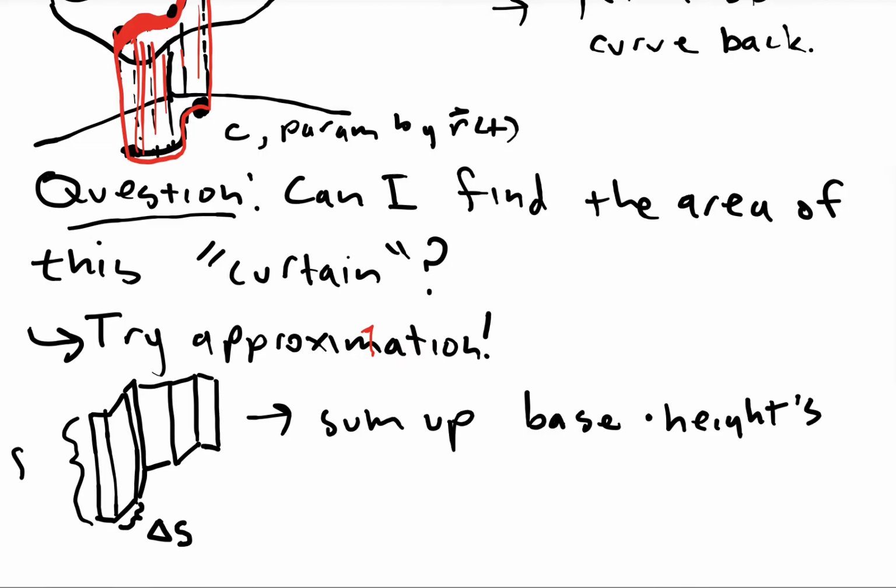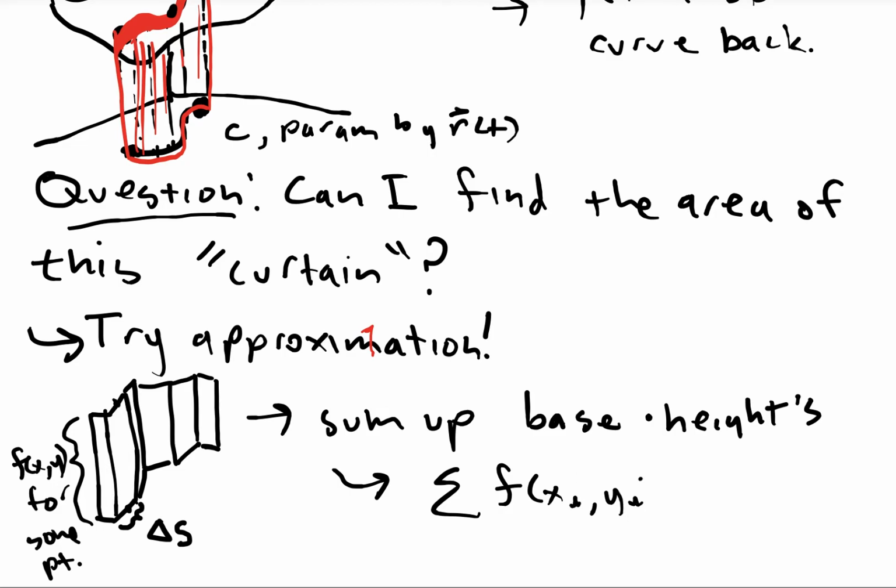So this would be my f of x, y for some appropriate point, right? Let's maybe pick some sort of sample point here. You plug it in, you get a height, okay? Now, what this is really going to look like if you sum up your heights times bases is a bunch of f of x_i, y_i, so a bunch of f of x, y's times delta s, whatever width you picked for each of these rectangles. And you sum all of these